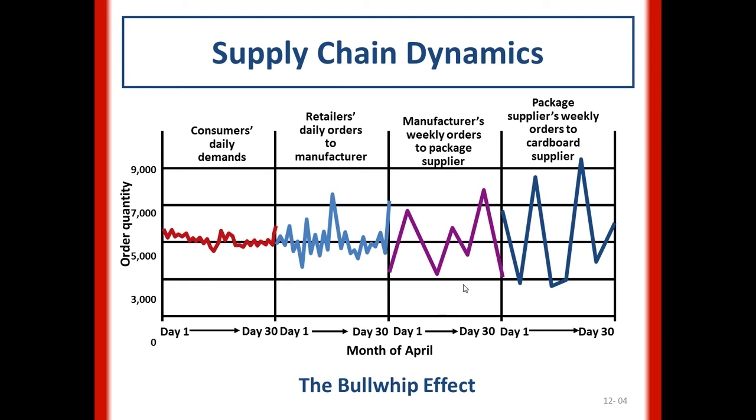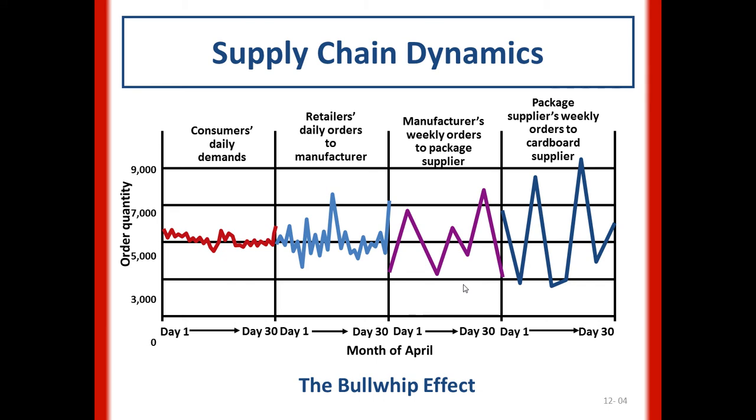Because firms are typically owned and managed independently, the actions of the downstream supply chain member can affect the operations of the upstream member. Based on this picture, you can see that the actions of the customer's daily demand can affect the retailer's daily orders to manufacturers,